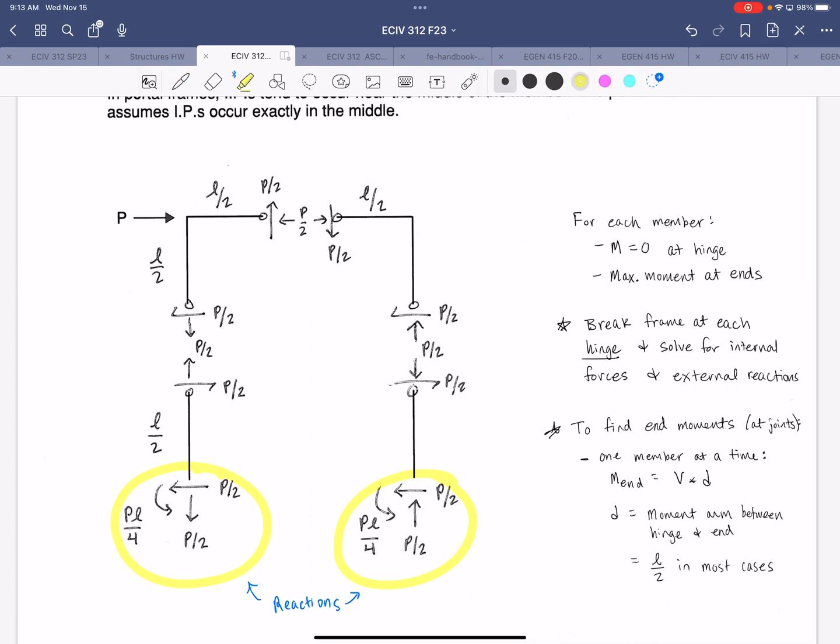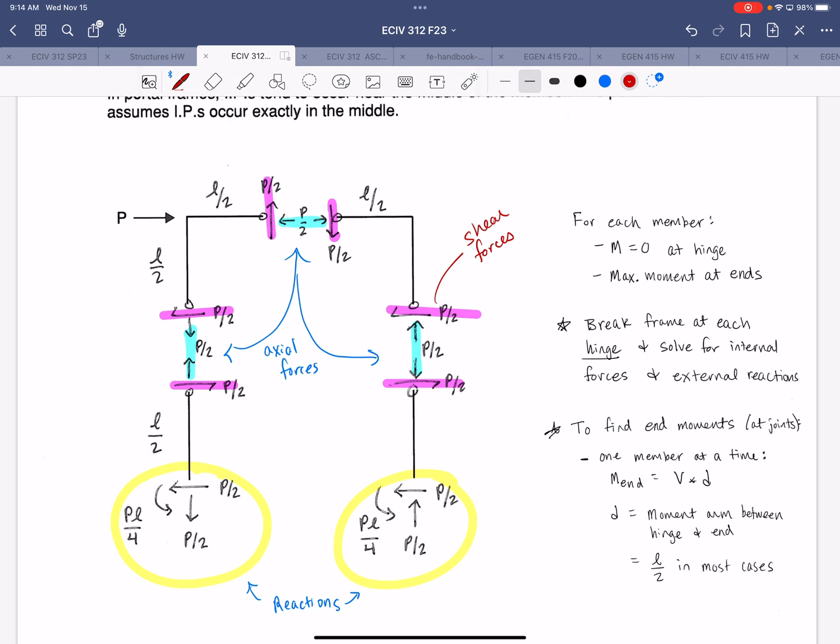And we have our shear forces, which are the vertical forces in the beam and the horizontal forces in the column. And we have our axial forces, which are horizontal in the beam and vertical in the column. All right, so that takes care of all of our internal shear and axial forces, as well as the external